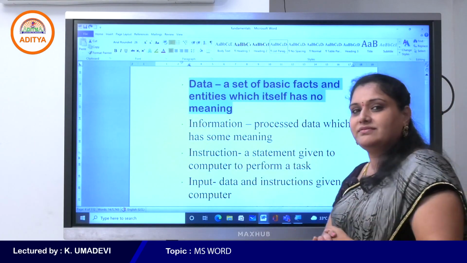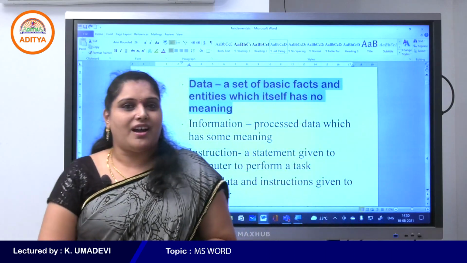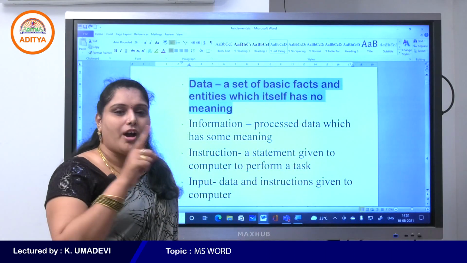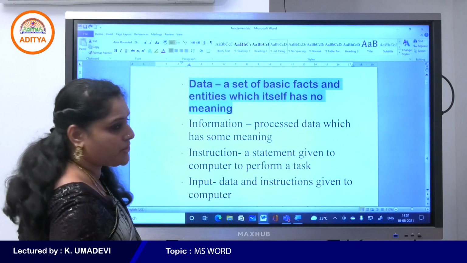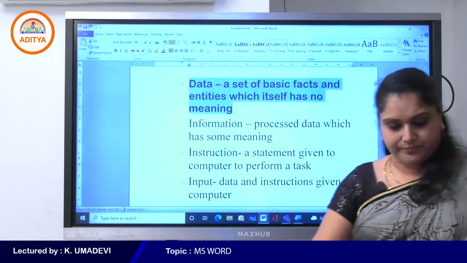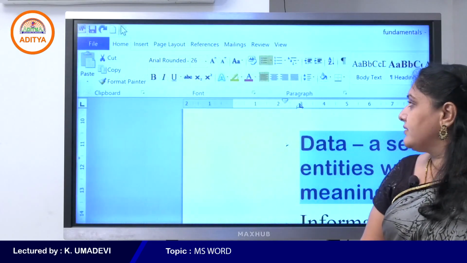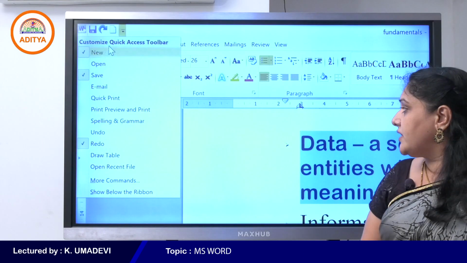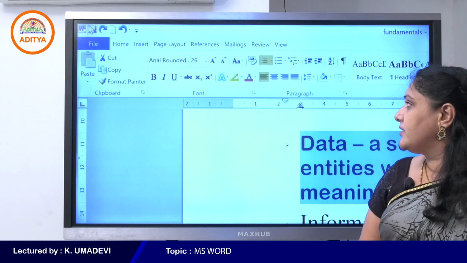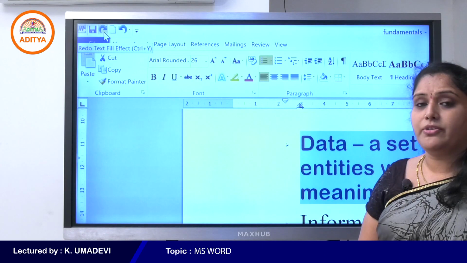So what happened here? Come on students. Undo and redo. What is the use of undo and redo? See, undo and redo are already available in the quick access toolbar. This is the symbol for undo. So redo and undo.